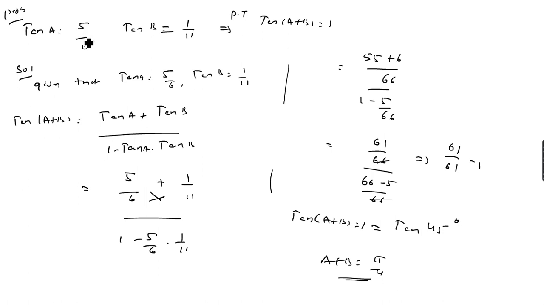So what is tan A? 5 by 6, and tan B equals 1 by 11. And we take the LCM or do the simplification. This is basics. So finally we get 61 by 61. 61 by 61 is nothing but 1, and this can be written as tan of A plus B equals 1, and finally we get tan 45 degrees, so A plus B is equal to 45 degrees or pi by 4. And next,